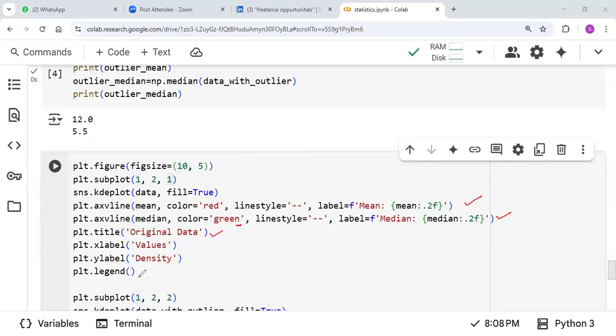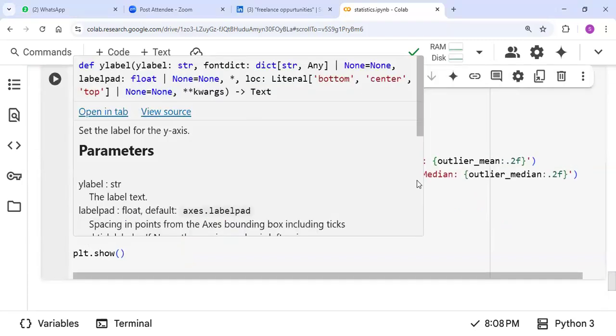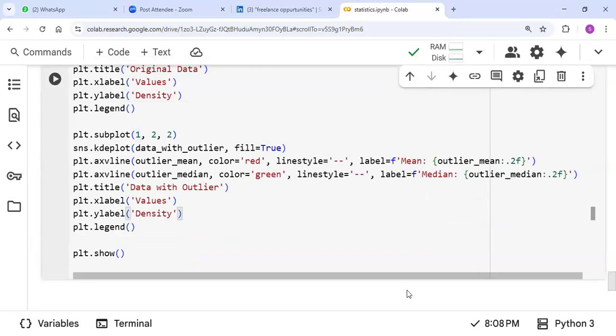I'm going to plot the legend in my plot. All these I have to define using matplotlib, like PLT and SNS. So these are the PLT objects, which means Matplotlib objects, and this is the Seaborn object. And in the same subplot, with one row and two columns,